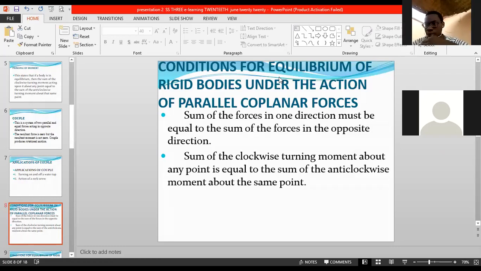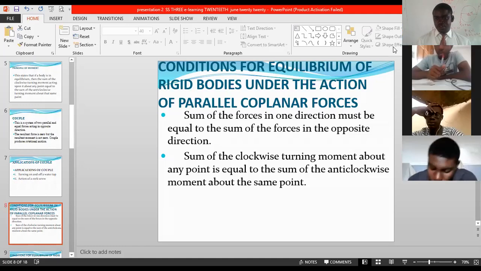Now, the forces in my upward direction must be equal to the forces in my downward direction. Then the body will be stationary. I'll give you an instance. If this is my posture, if I'm walking like this, I'm not at equilibrium because this shoulder is higher than this. Some people walk like that, isn't it? But for my body to be at equilibrium, my shoulders must be squared, like models.